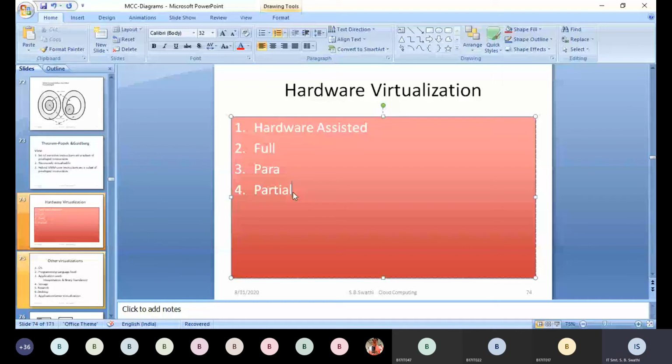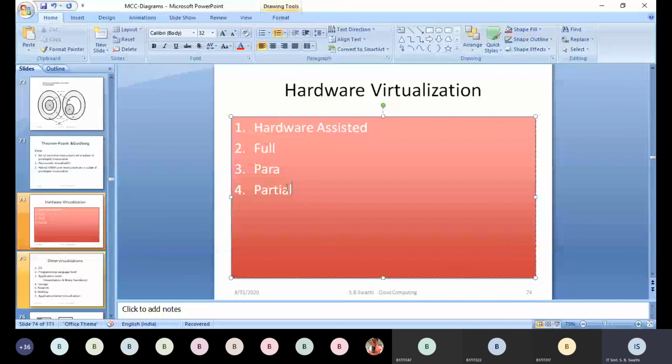Whereas in full and para, all the resources can be accessed, in partial there is a limitation on accessing the resources. Only a few resources will be accessed by partial virtualization. Why is this applied to applications where multiple clients are handling the resources at the same time? Like you have online exams. The time duration will be the same, and all the clients are using the same application at the same time. In such a case, partial virtualization is used.